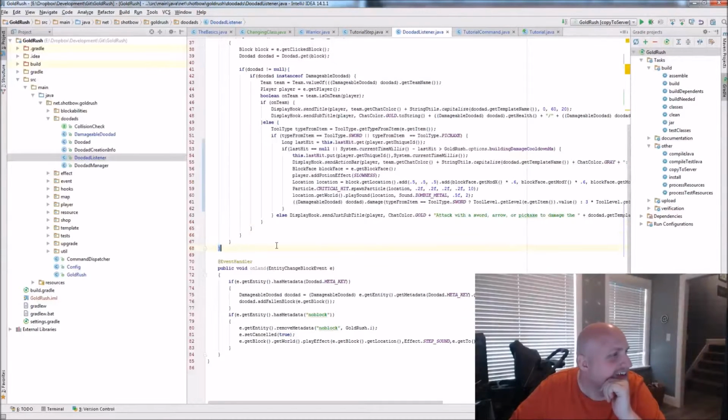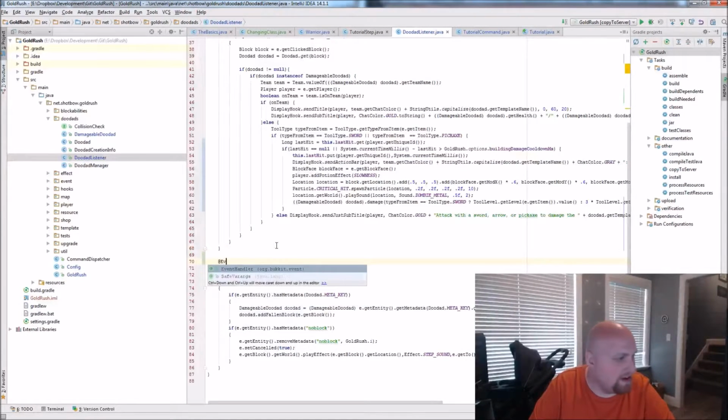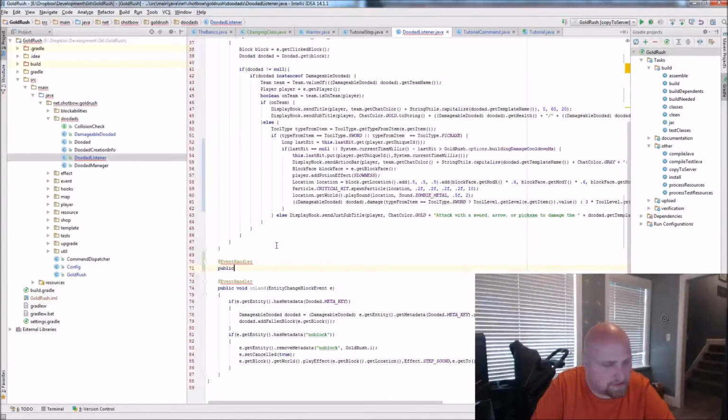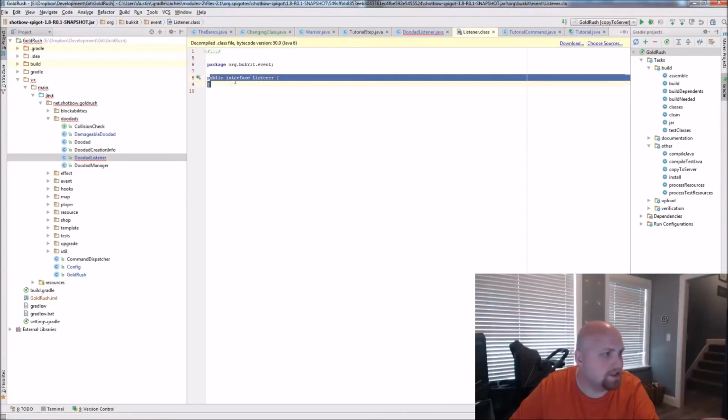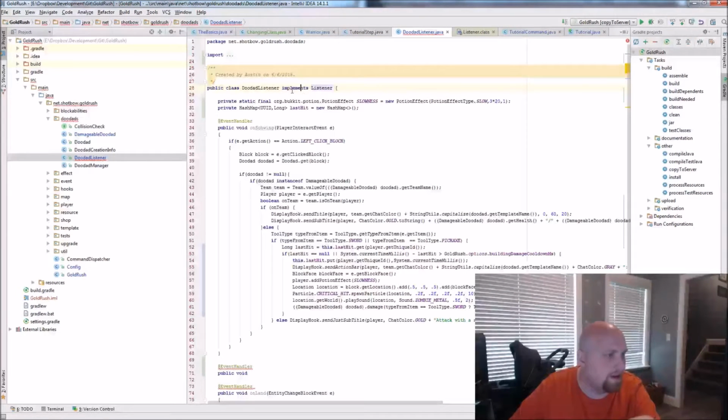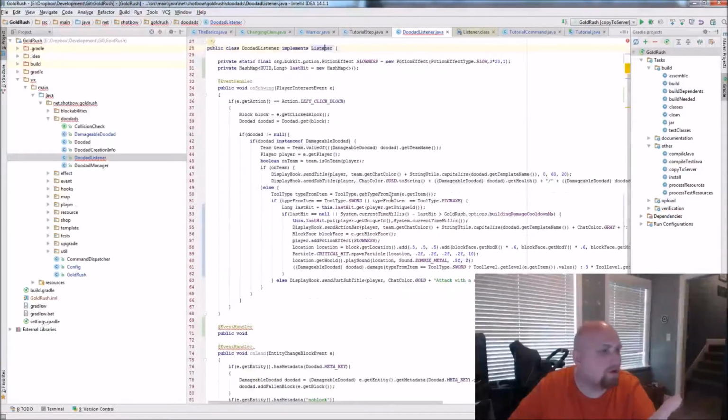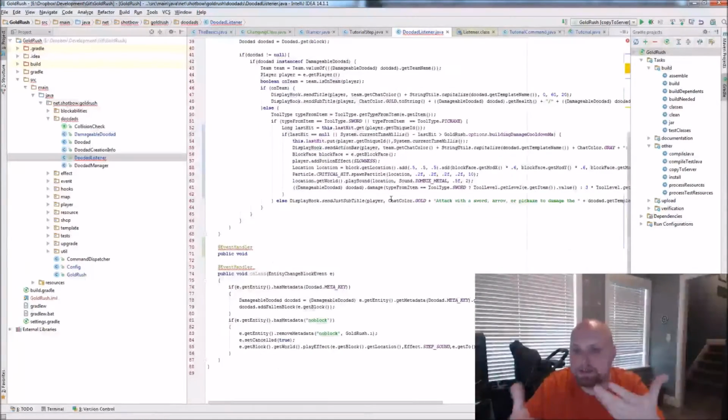Yep. Let's go down here. Add event handler. So this is what we went over last time, 2 weeks ago. Anyone who was here, we went over what a listener is. But a listener is a class in the Bukkit API that is empty, as you see. It's an interface. And what that means is it's something that you can implement as another class to signal to the framework that you're working in that, hey, I can do this thing. That's what an interface is meant to be.